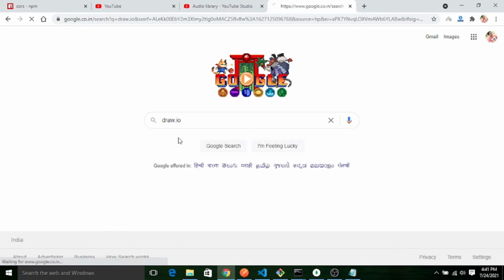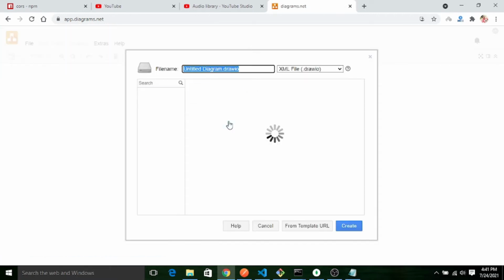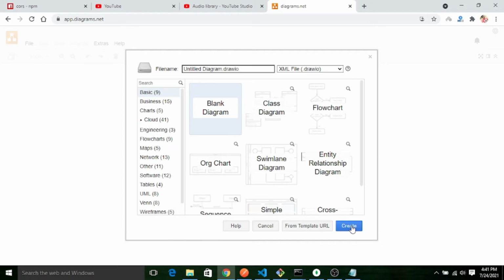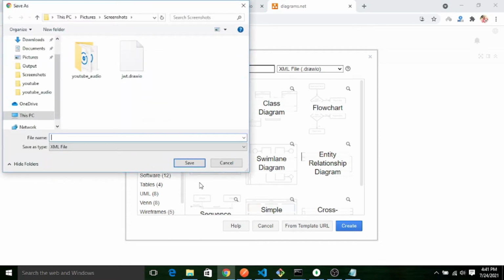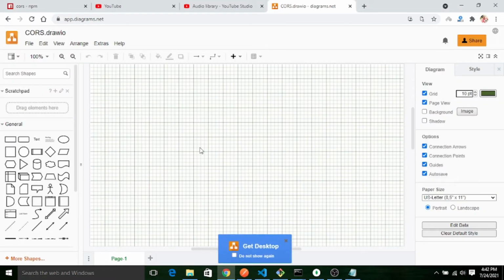This is a very good tool. Create new diagram. Create. Let me give it the name CORS. So let me draw one diagram for you.